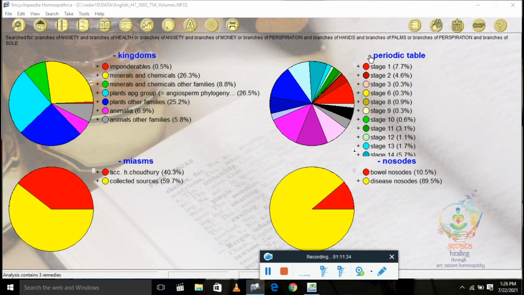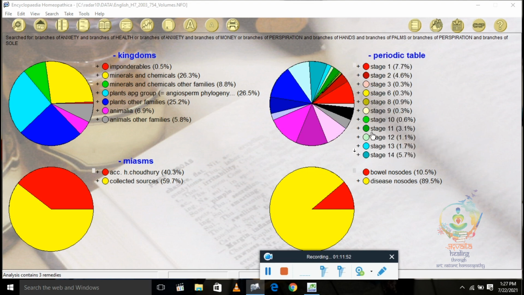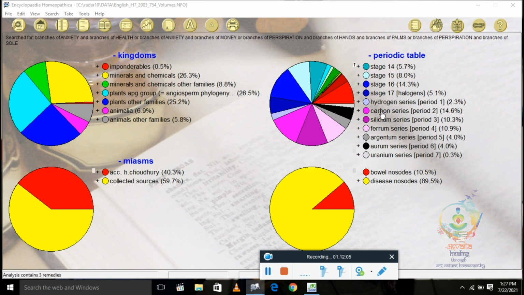You can see 17 stages are given. These stages of the periodic table are columns. If you go down with this arrow button, you can see the hydrogen series, carbon series, silicium series. These are rows.